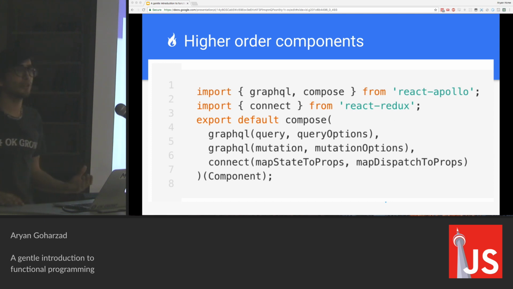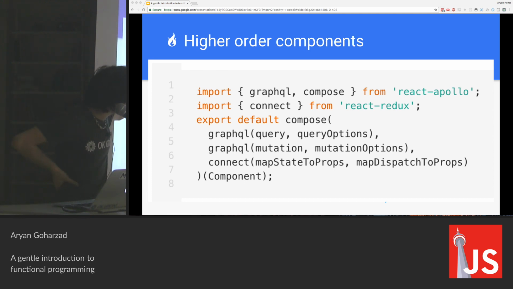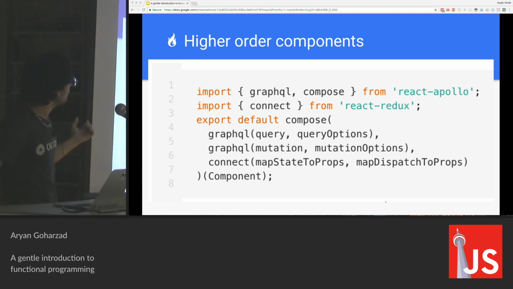So higher order components are great for cross-cutting concerns, which is when you want to use the same piece of code across different components. So this is a very common use of higher order components where we're taking GraphQL queries and mutations, and we're taking all these functions and composing them to our component, which means our component will have the benefit of all these functions, and we can use them across different components.